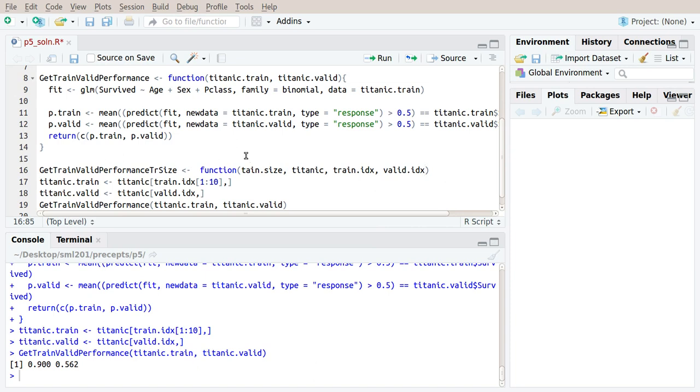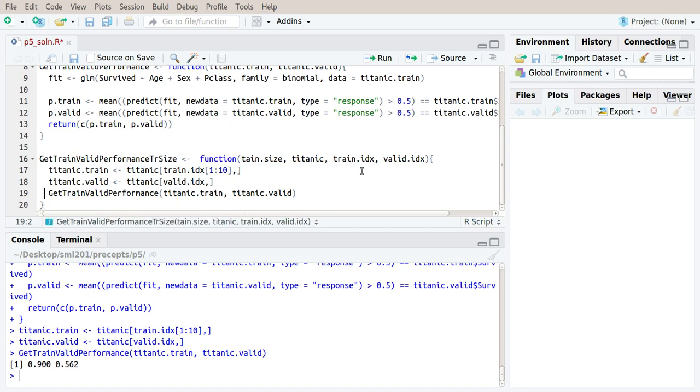Note that Titanic and train.idx are defined outside the function, so in principle I could just use them, but it's bad practice. It's good practice to give the function everything that it needs in order to compute the output. So that's what we're doing here, and let's open the brace,